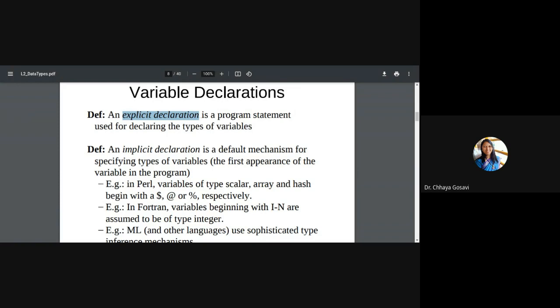And what is the advantage of implicit declaration? Implicit declaration, where a user is not going to define the data type, it is decided by the system. What is the advantage of implicit declaration? Or what is the disadvantage of implicit declaration?